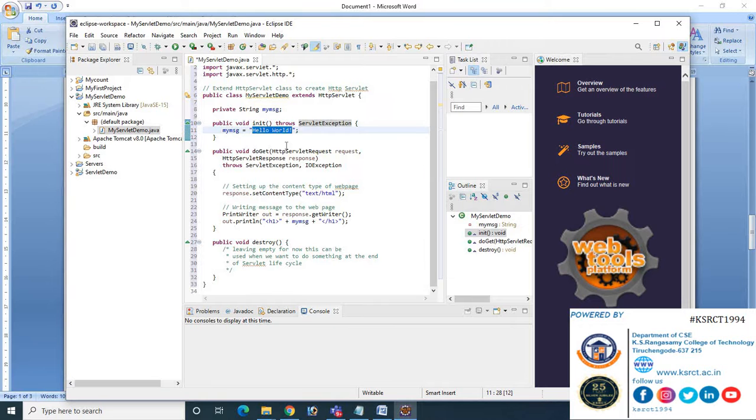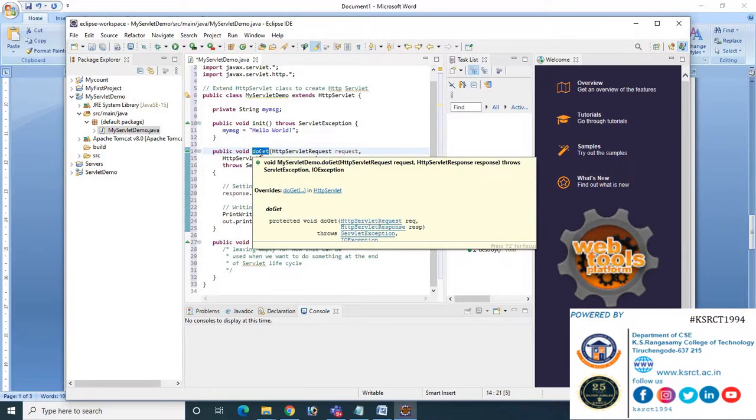And in order to get the request, we can either use the doGet method or the doPost method, that is our own choice. We have seen what is the difference between get and post. If it is get, the request will be concatenated in the address bar itself. If it is a post method, the request will be sent to the server in a separate tunnel.